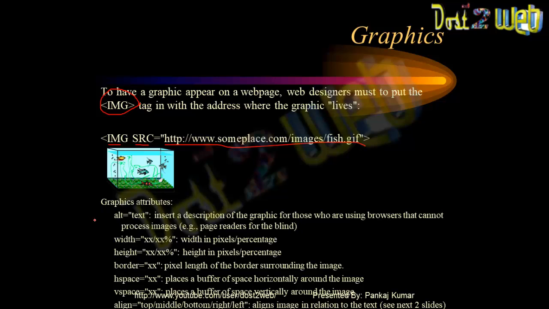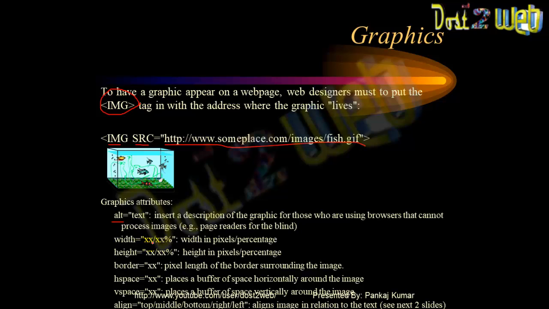You have the attribute alt, in which you write alternative text, the name of the particular picture. If you want the width of the image, you can define it in pixels or in percentage. If you want pixels, just write 200.